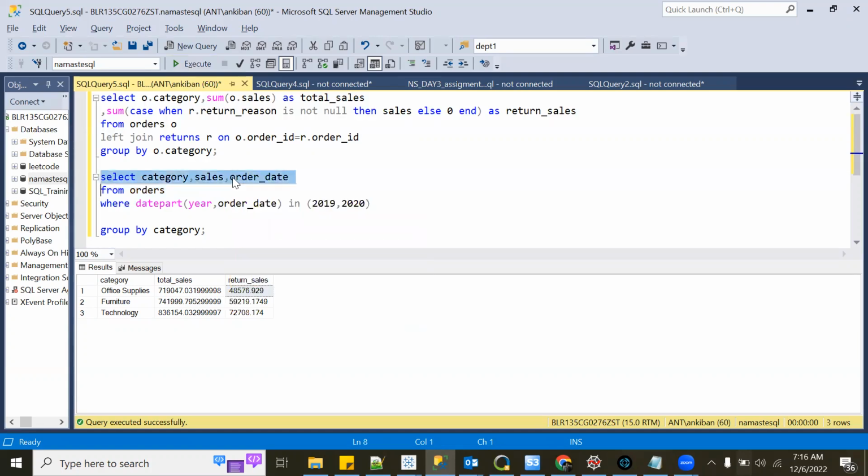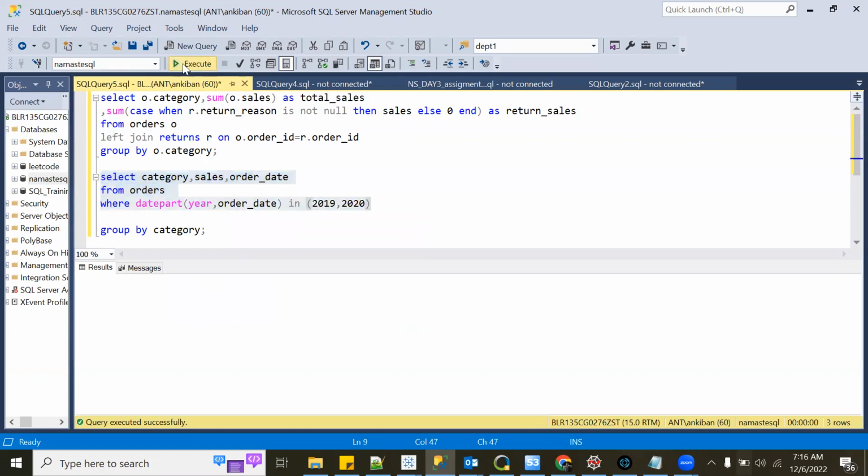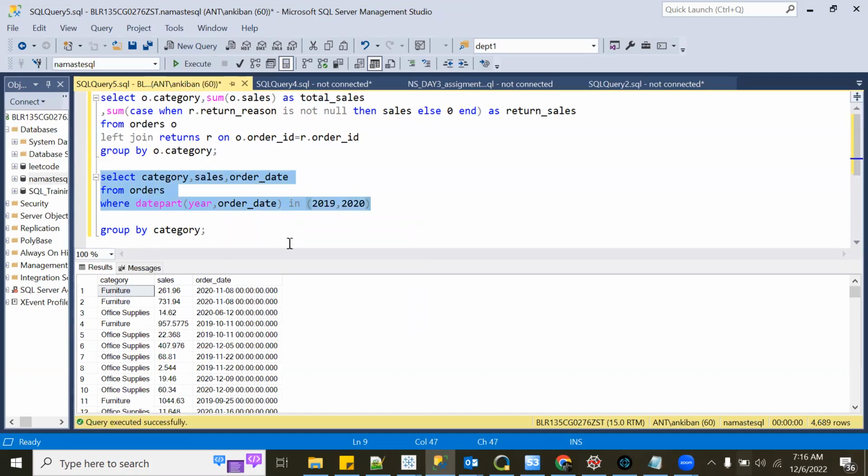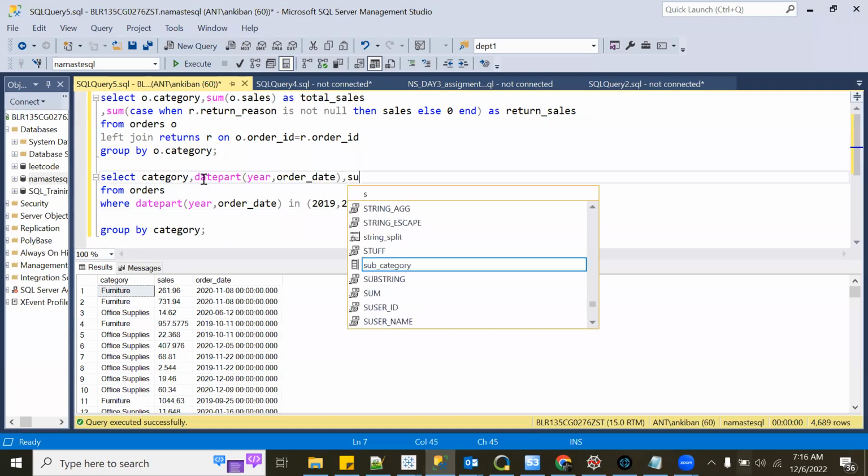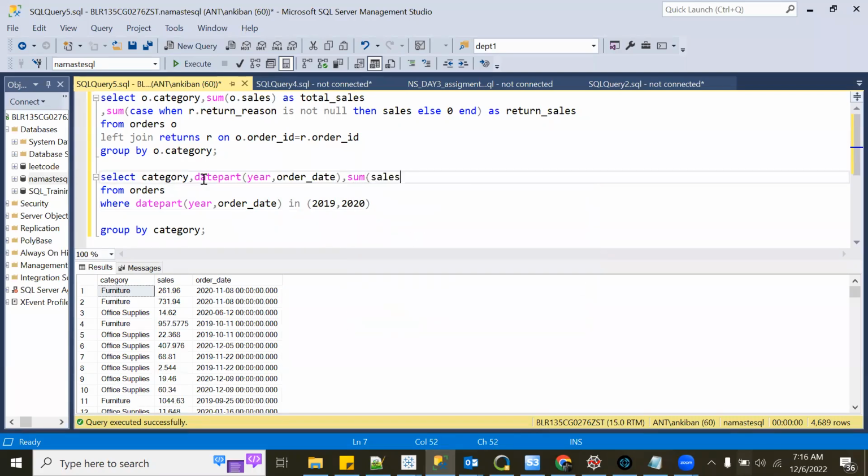But the question is, I need 3 different columns, right? So even if I put this, let's put this: sum of sales as total sales, right? And then group by category. If I run this,